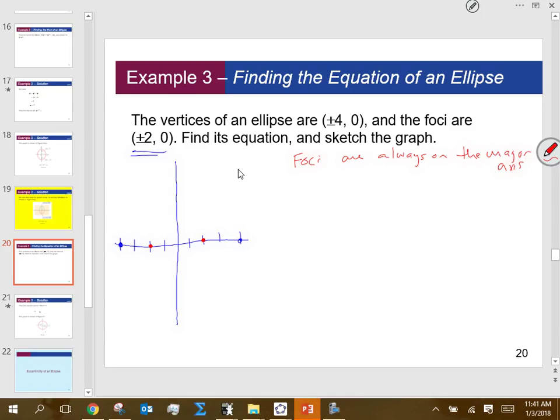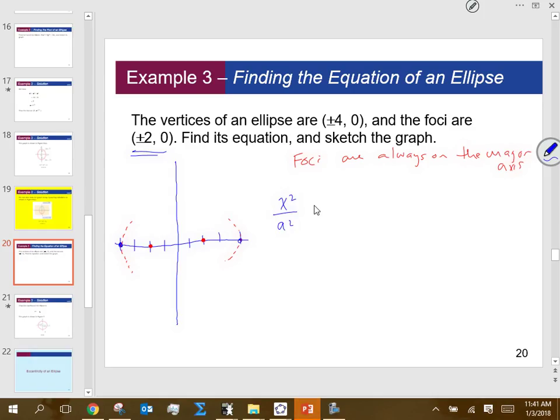Okay, so now I've got to figure out, how does this ellipse look? I've got kind of a rough sketch right now. It'll go through there, but I don't know how high on the y-axis this thing's going to go. So we should have the general format for being able to do this. Now, if you remember,